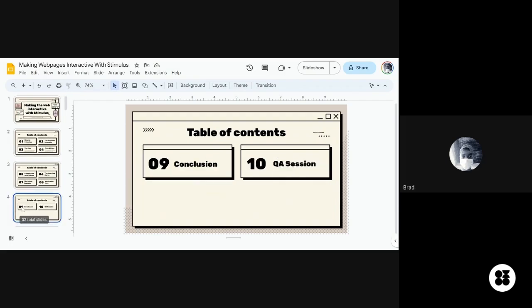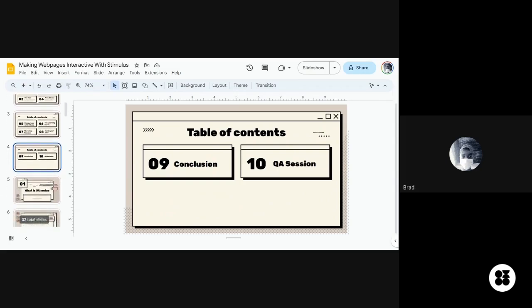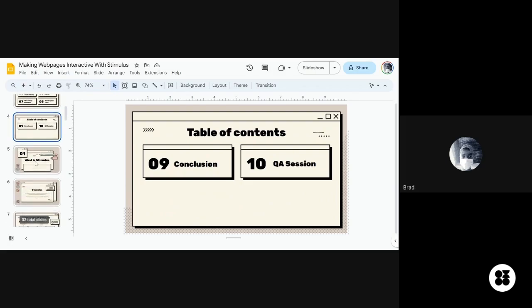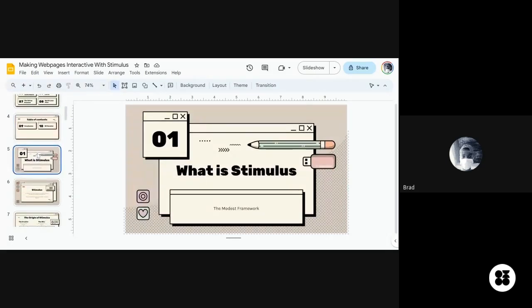Then we go over to our Q&A, which is the last thing on our table of contents. So let's just dive right into it.